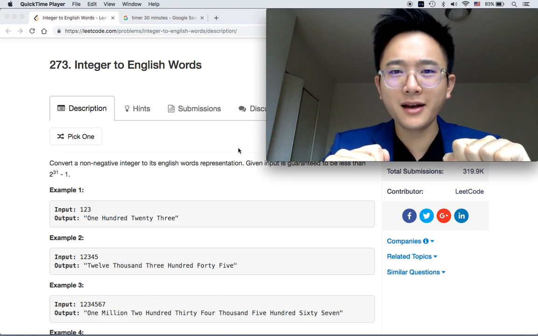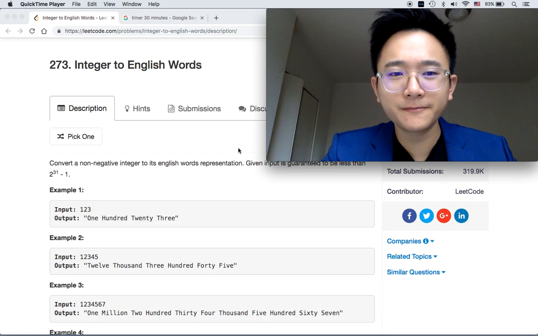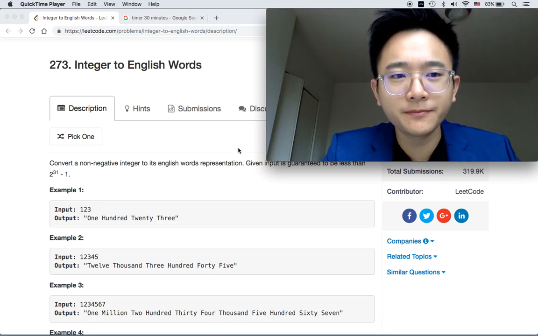Welcome back. Integer to words. Oh, English words. Why would you convert it to English words? It'd be easier if you just convert it to Chinese words. Anyways,